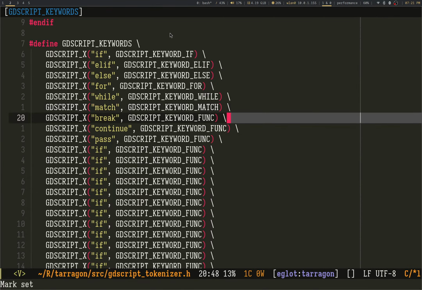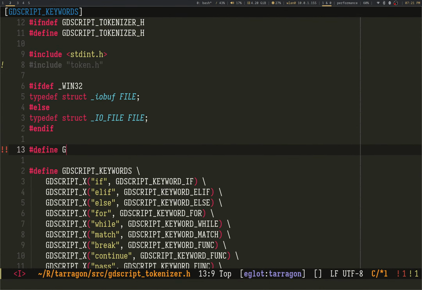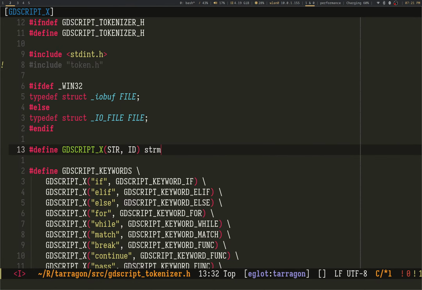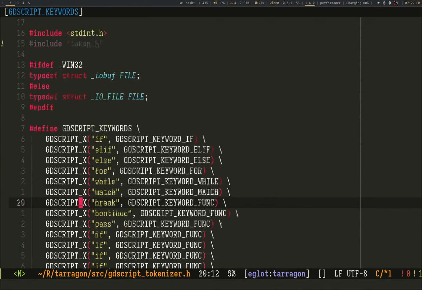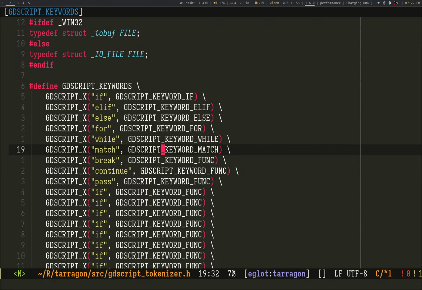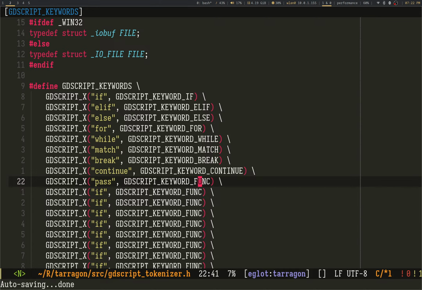I'm essentially just going to define GDScript X with string ID, string compare, if the string is equal to whatever value, return ID. That's basically how I'm going to use it when I'm identifying keywords. Let's see, what did I leave? Oh, here we go. Break, continue, pass.